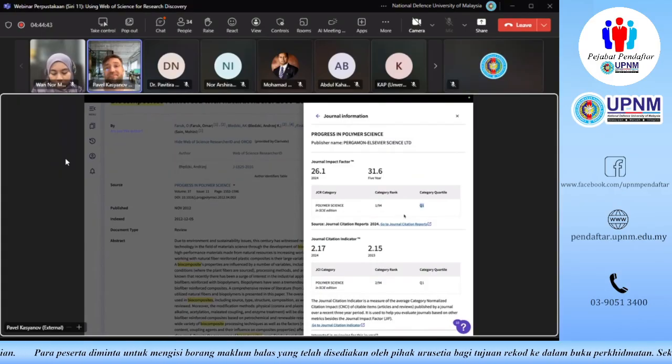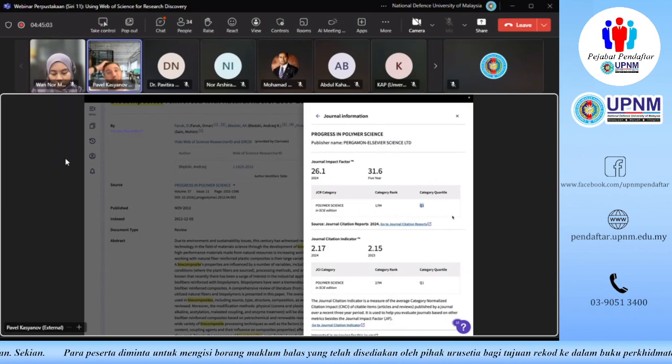While this one, obviously, because we can see that this particular journal holds the first rank out of 94 in the subject area of polymer science, obviously it's going to qualify for the top 25% if it's number 1. So it's out of the question that this journal is in the first quartile, which is great.